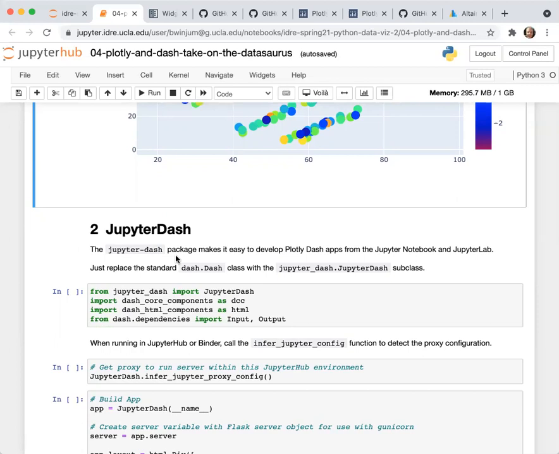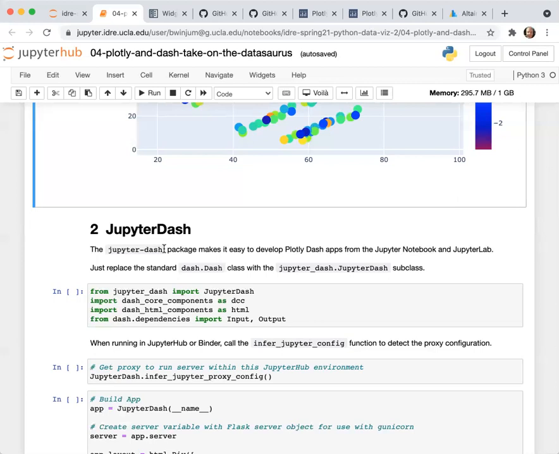The Jupyter Dash package's intention is to develop a dashboard web application from Jupyter Notebook and from Plotly, using the two together. I think that the Plotly company realized that there's a very strong amount of development going on in the Jupyter community, and it was useful to integrate the dashboard application with it.